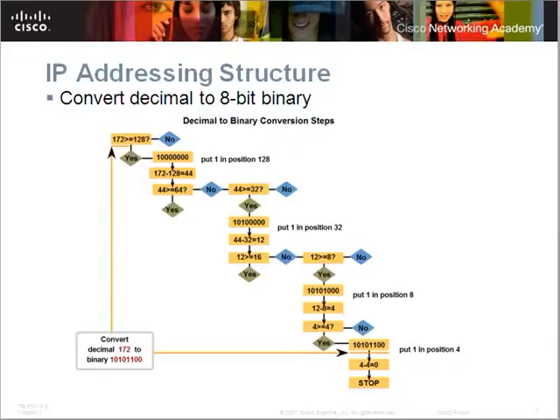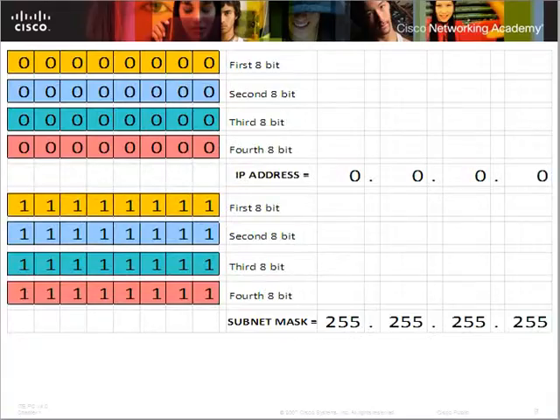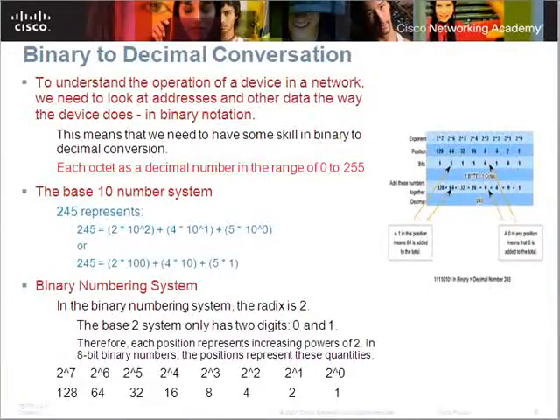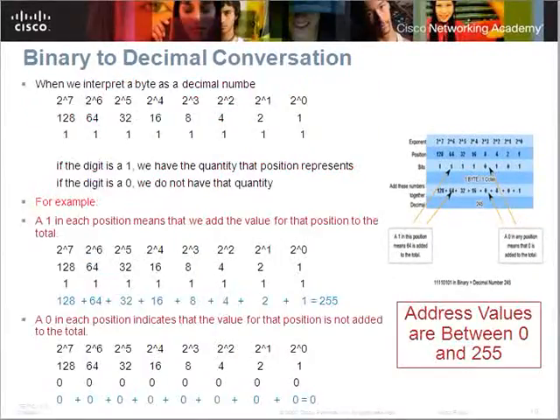This is already shared. This is the Excel file. Double click on this Excel file, and then you can do a lot of calculations over here. I will be sharing this PPT, and if you double click on this slide, you can easily do a lot of calculations in terms of IP addressing. This is how you can do binary to decimal conversion. Some examples are there for binary to decimal conversion. You need to practice that. Decimal to binary and binary to decimal conversion, you need to practice.